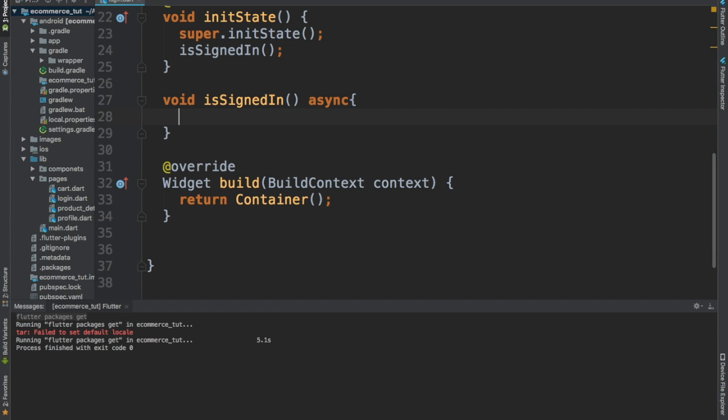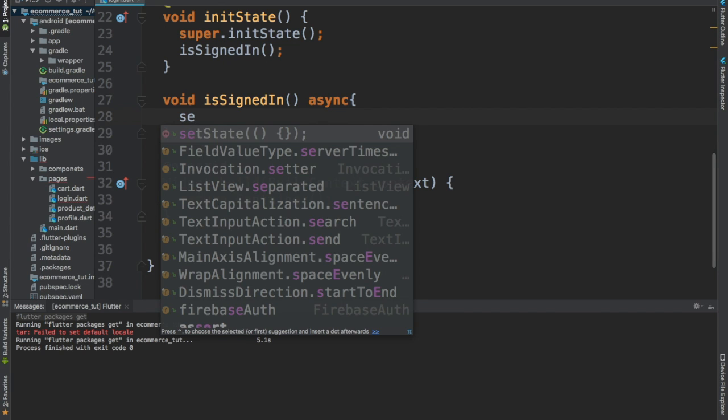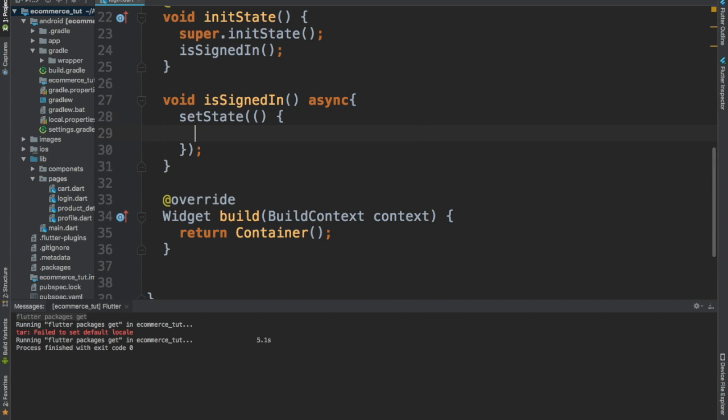So here first we are going to set the state of loading equal to true, because as soon as we start executing this function to check whether the user is signed in or not, while the function is executing we're supposed to be loading the screen. Okay,